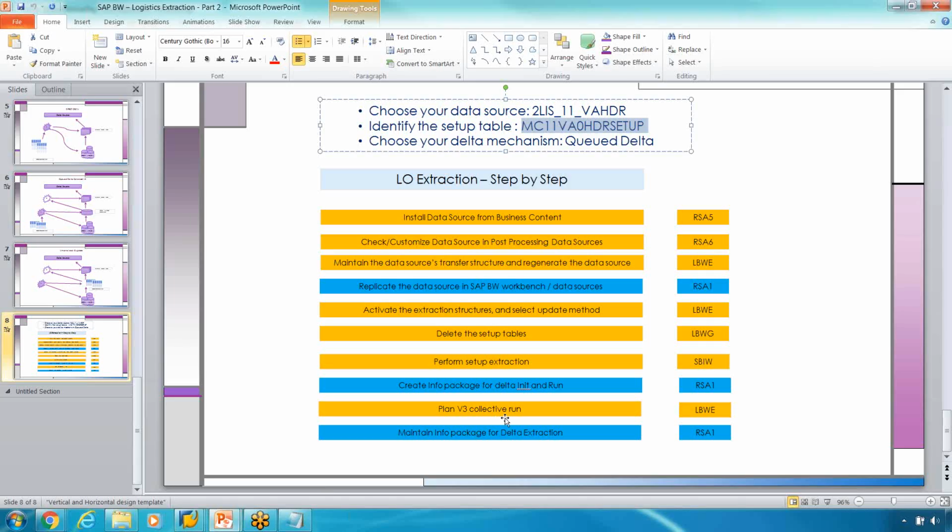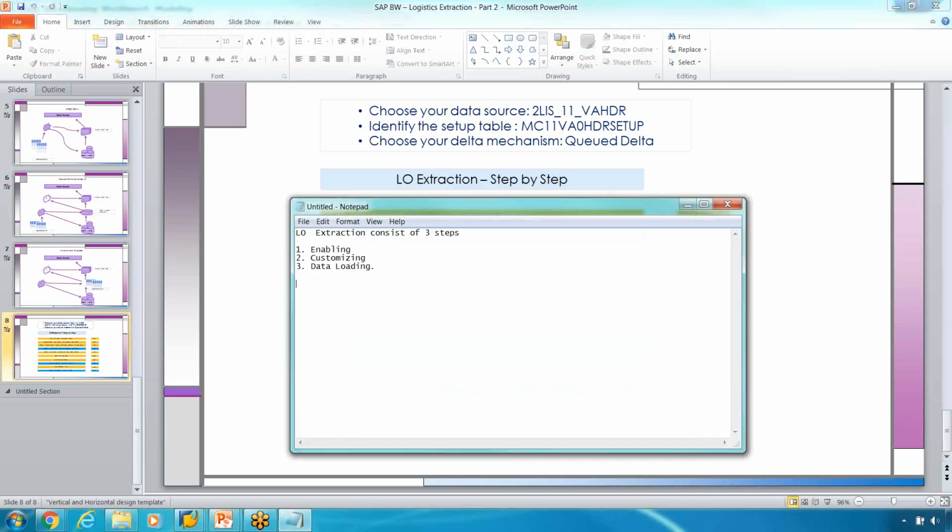And once you do that, for example, when the setup table is done, then the InfoCube delta run will be there. Again, the first time load would be okay. Setup table is done, after that the first load is okay. But after that, you have to let the ECC system know that it should run Q delta. When you do a first load, the initial load is a full load, right? Then moving forward, delta is